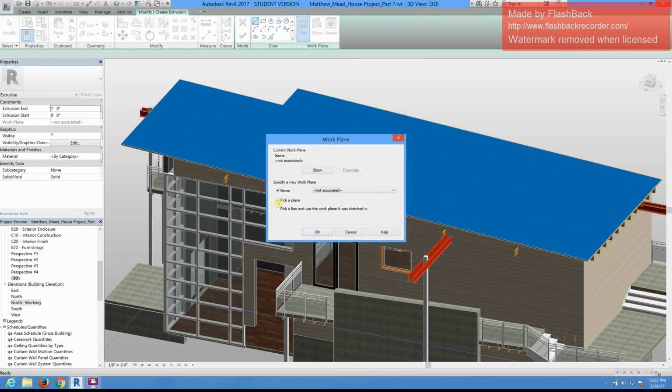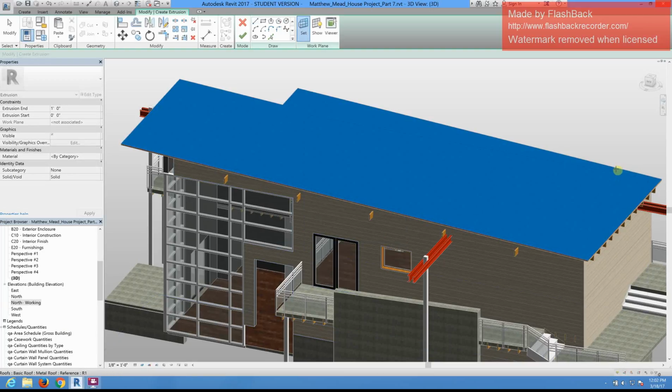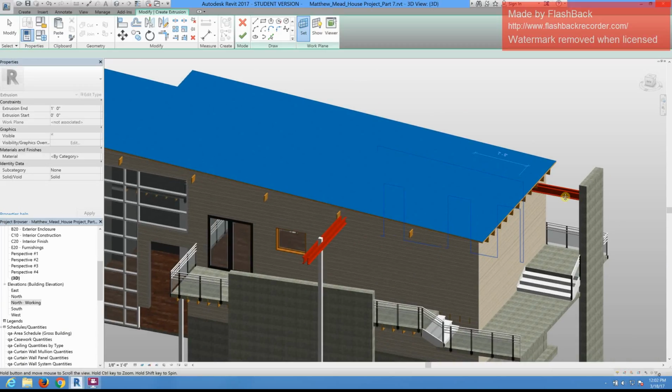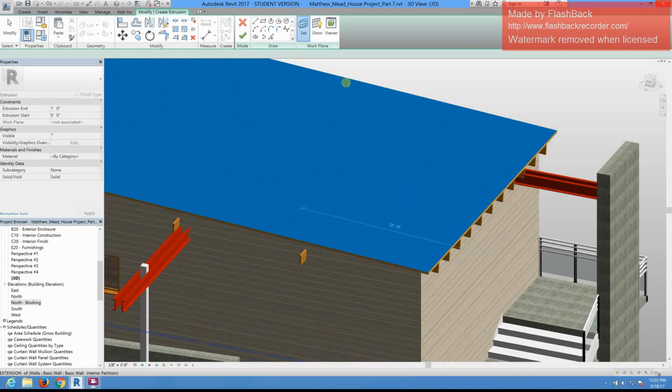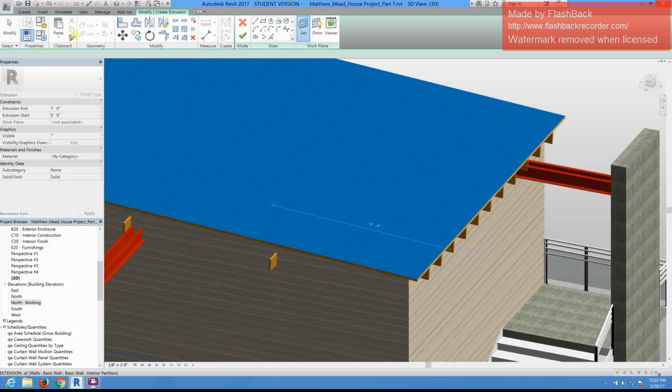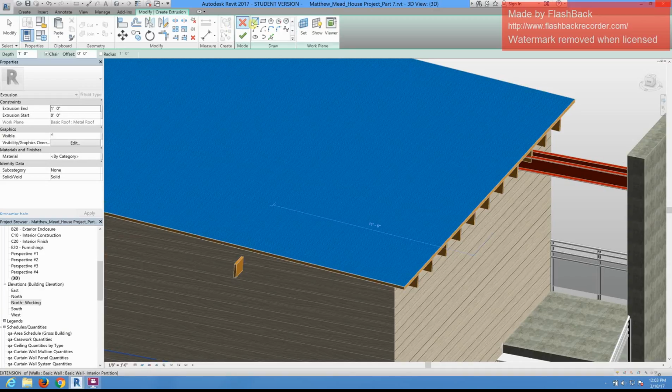my roof. To do that, I'm going to click on Pick Plane, hit OK, and I'm going to hover my mouse over my roof, and I'm going to click on that. So that's going to be the roof plane that we're going to work with for creating this roof. Okay. So now that I've done that, I'm going to use my